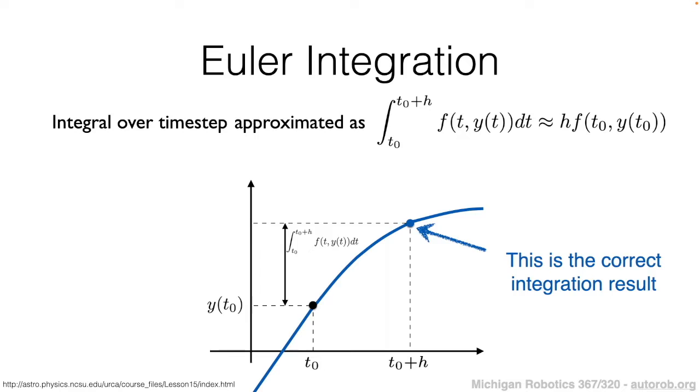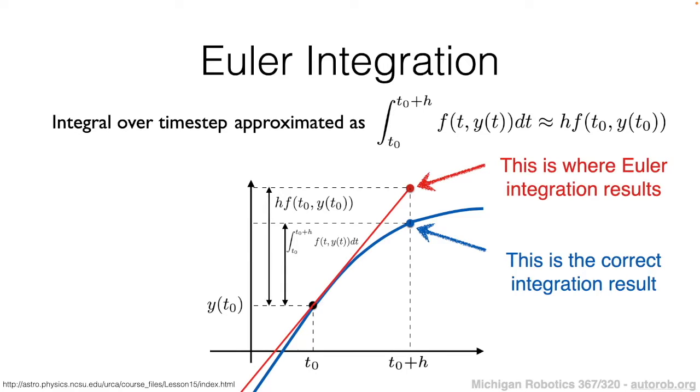So what Euler integration is going to do is discretize this change in time, and base the predicted next state on the dynamics at the current time, which is t naught. It's going to take the slope of the state at t naught, and then predict, based on this slope, this rate of change, the state of the system at t naught plus h